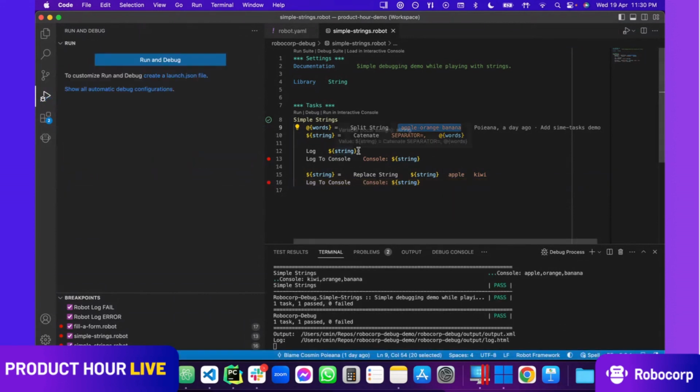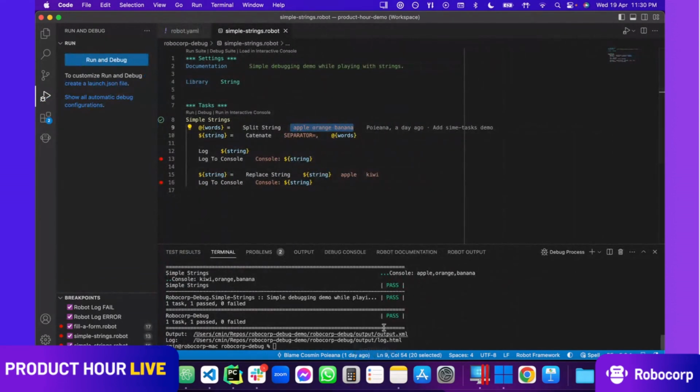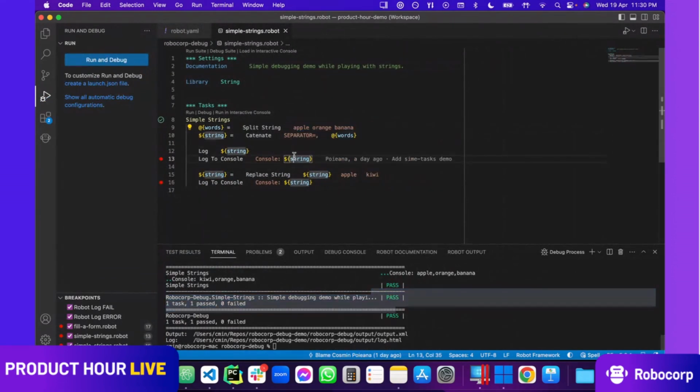Then I hit continue, the debugger exits, execution ended. I've got the logs now, everything passed. And you don't actually need to put breakpoints, it's not mandatory. The execution will stop even if an error happens, or there's an error raised somewhere, and will break the execution no matter what. And that's how you can do that.